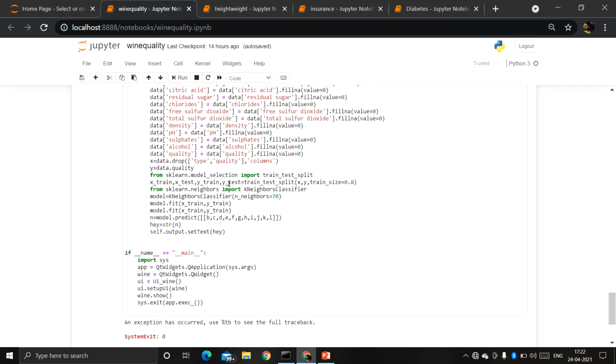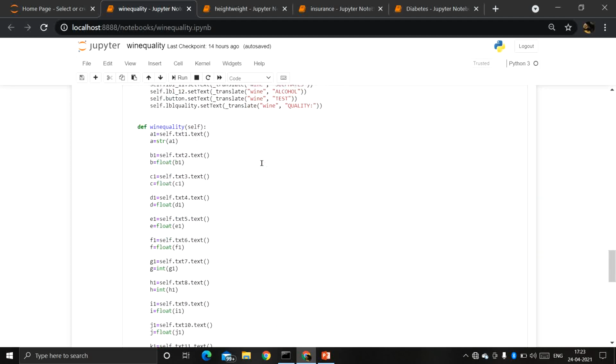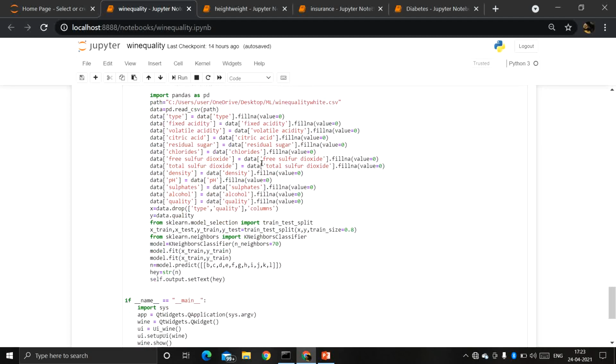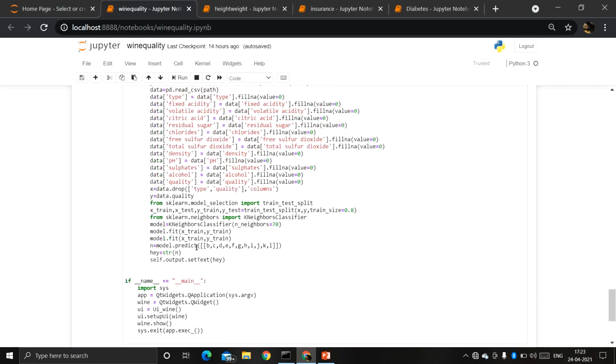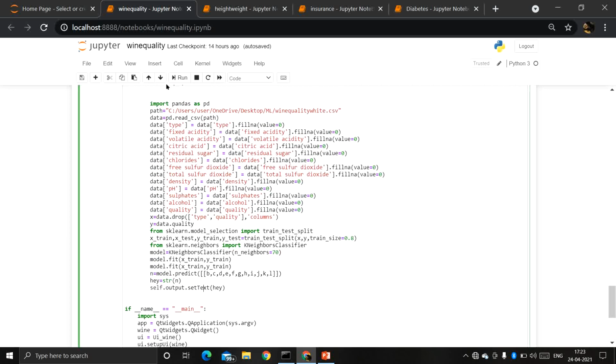Next one, the last project, is KNN. I've used the KNN algorithm for this. The dataset I have used is wine quality. I've imported all the necessary libraries here, and I've imported the algorithm here, and then I've even imported train test split. Here I've used predict. So if I run this,